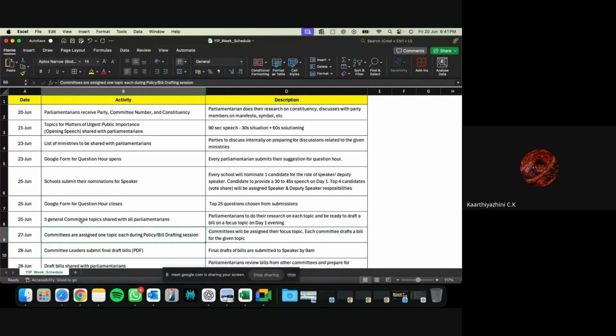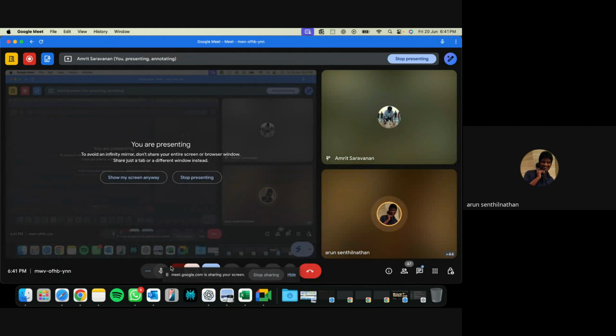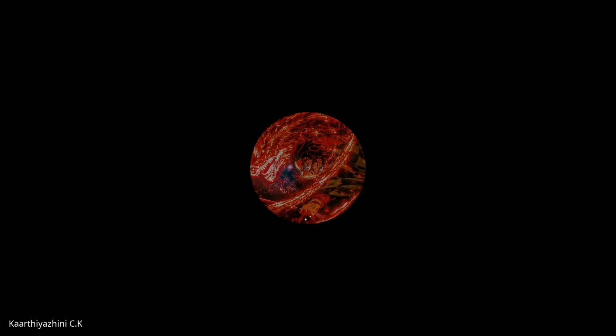As you said, we do have access to gadgets, but will we get access to the internet? Sorry, access to the internet in the venue? Yes. We'll check with the school and update you because we are doing it in SSVM school. We need to talk to them. We'll just check with them if we can get access to the internet. Okay, sir. Thank you.